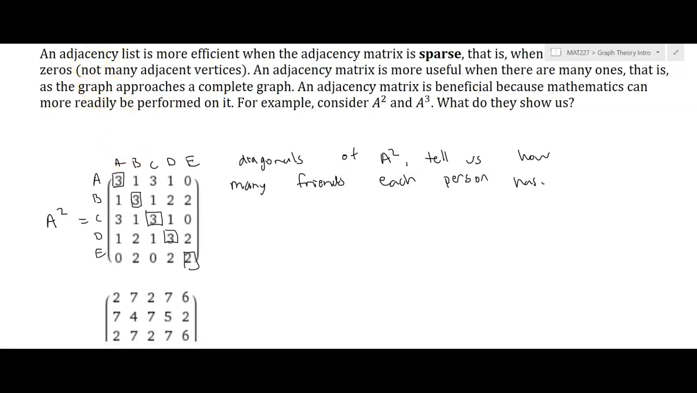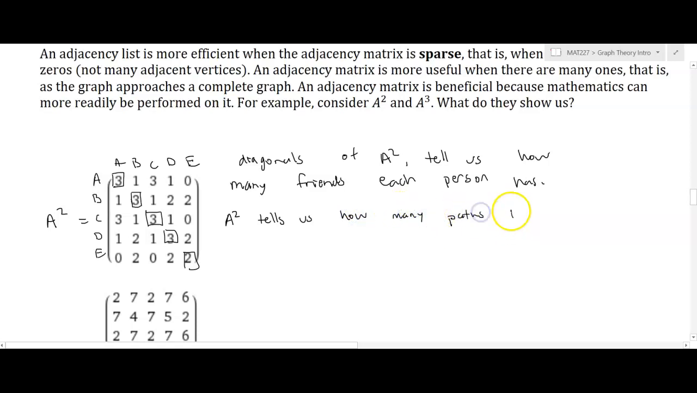And again, you see the 3, 1, 3, 1, 0 is the first row, and 3, 1, 3, 1, 0 is the first column as well, because we're assuming the friendships go both ways. Now, I'll just write this down, and then we can look at it more clearly. But A squared, the off diagonals tell us, A squared tells us how many